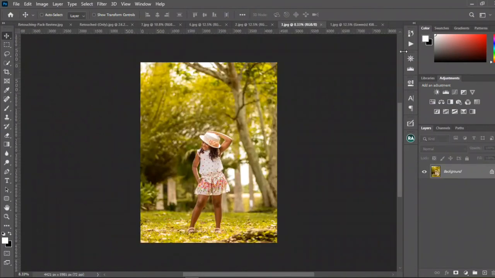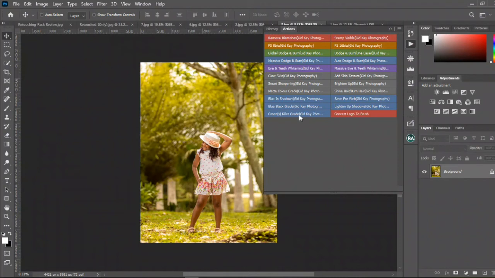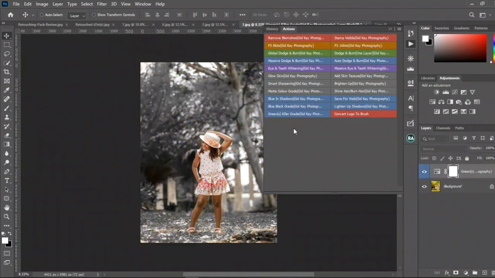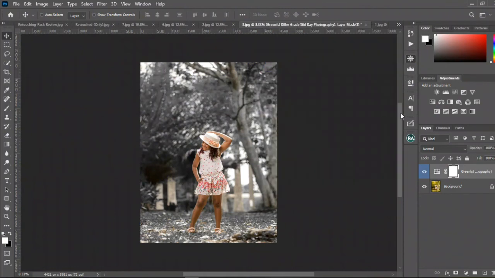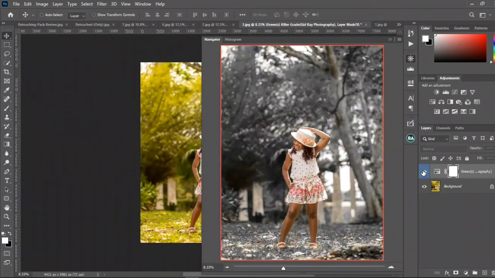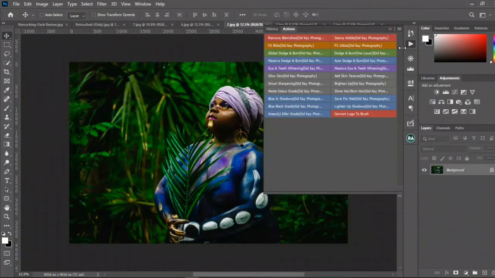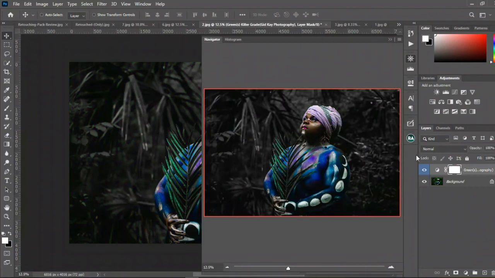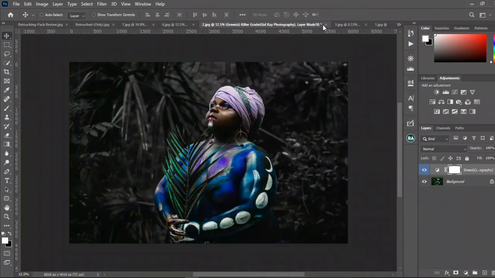Come here again, click on the action, grayscaler grade. With no stress, you've color graded this image too with just a single click. With this image too, let's try it. With just a single click, you've color graded this image. You've given it that cinematic look. Yes. Okay, so